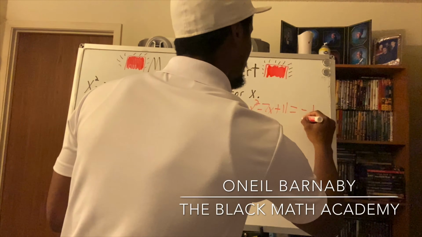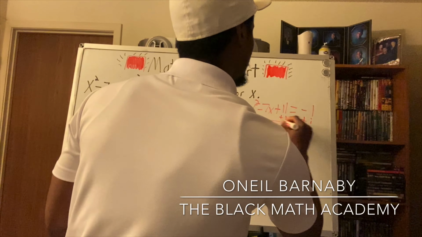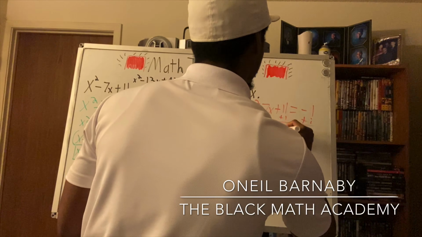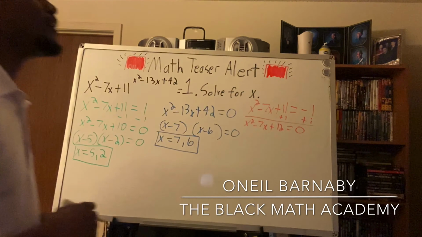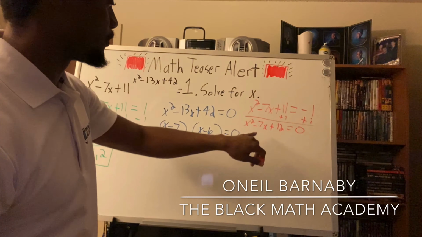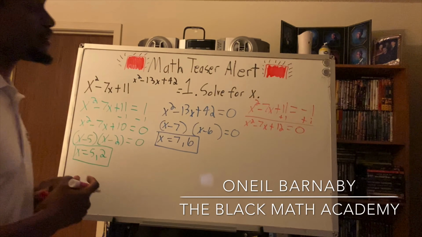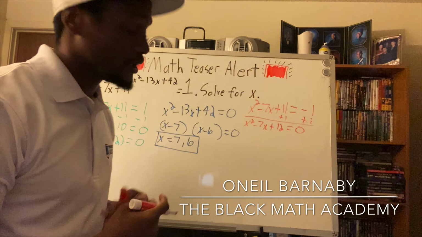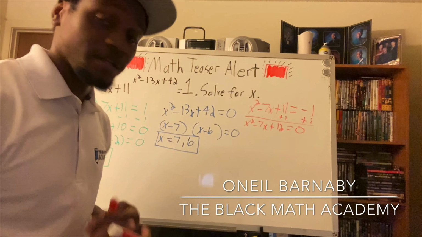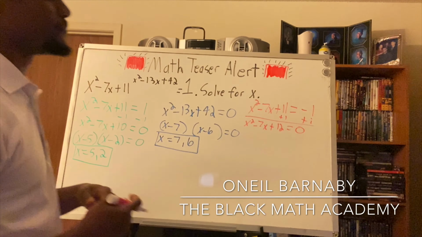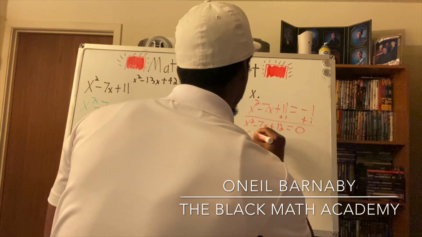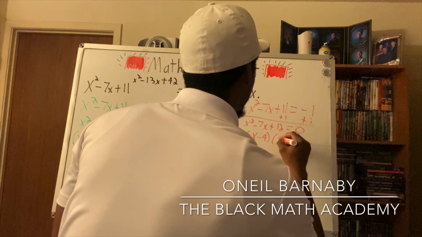So we're going to add 1 to both sides. That's going to give us x squared minus 7x plus 12 equaling 0. All right, and we're just going to factor this the old-fashioned way by finding factors of 12 that add to negative 7. All right, so in this case, those values would be negative 4 and negative 3. Negative 4 times negative 3 is 12, and negative 4 plus negative 3 is negative 7. So those two numbers are going to be exactly what we're going to put inside our binomials. So we have x minus 4 and x minus 3